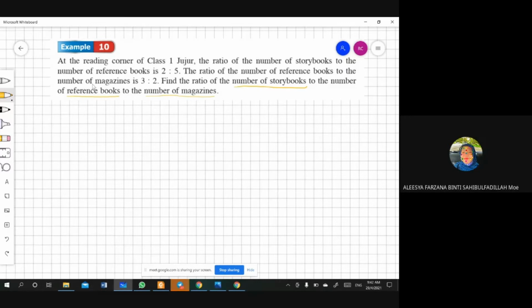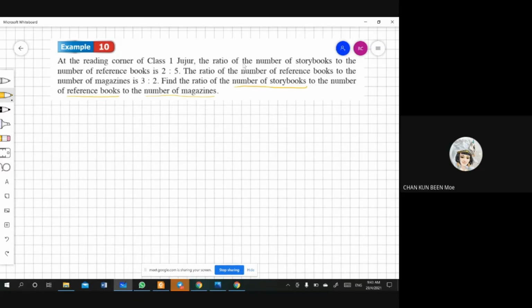Buku rujukan. Bagus, buku rujukan. And the last one is number of magazine. So you know magazine, right? Apakah maksud magazine dalam bahasa Melayu? Majalah. Bagus. Okay. So now in this part, this first line over here at the reading corner of class 1